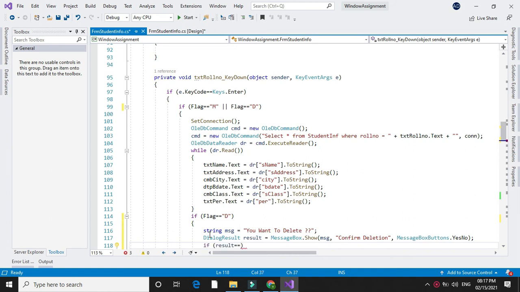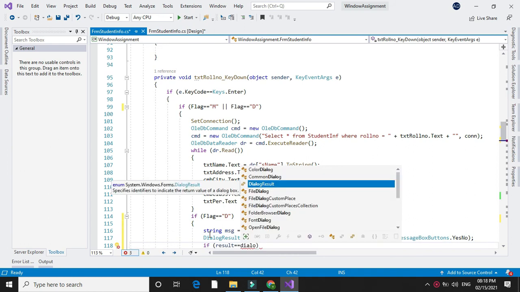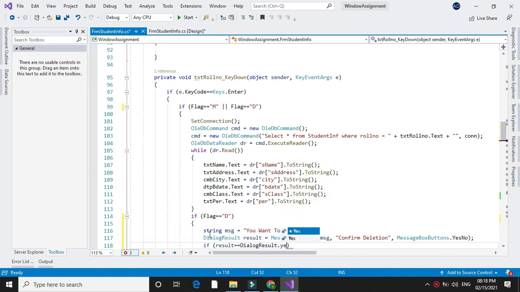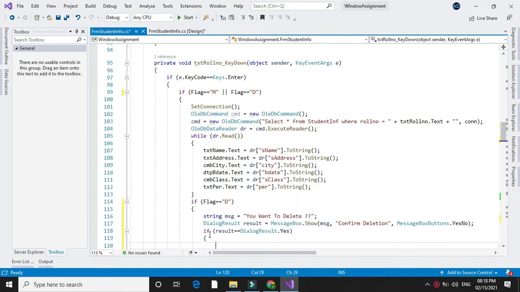So if result equal to DialogResult.Yes, it will delete the record from the table. So if the dialog result is yes, it will delete the data from the table.